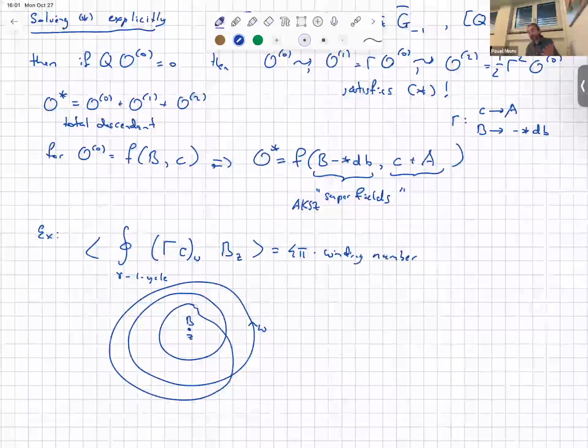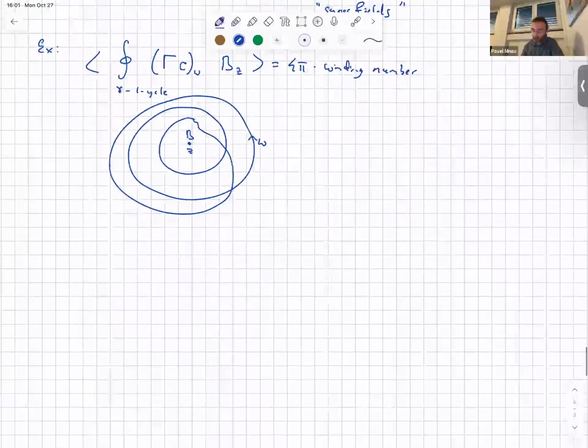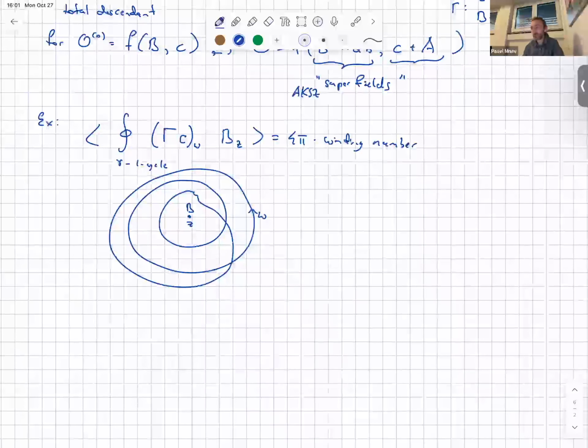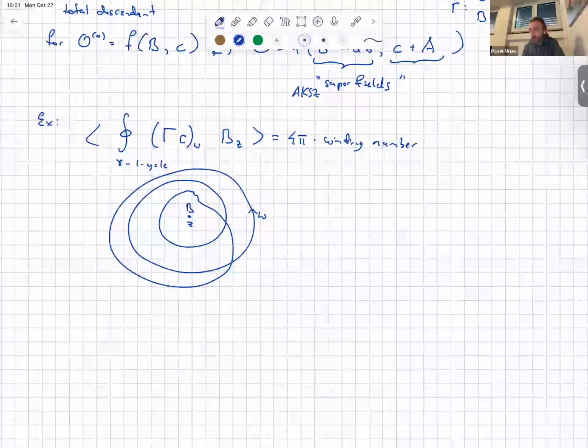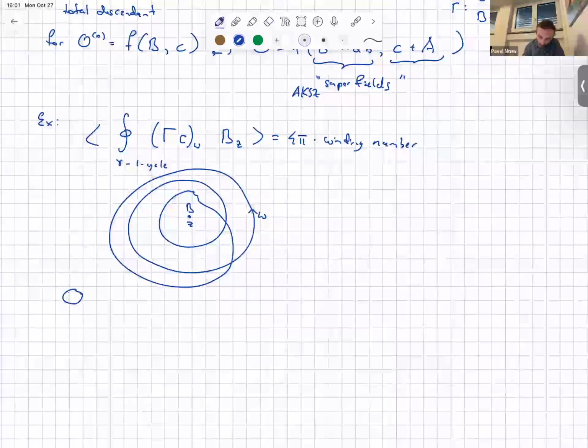So in particular, it's 4 pi times an integer, and it doesn't change if I deform the contour as long as I don't pass through the point Z. So this is the simplest example of such a topological correlator. Another application of Witten's descent is that on the zero observables,